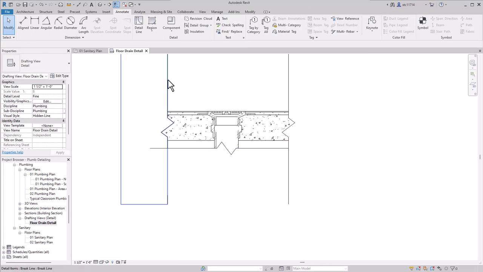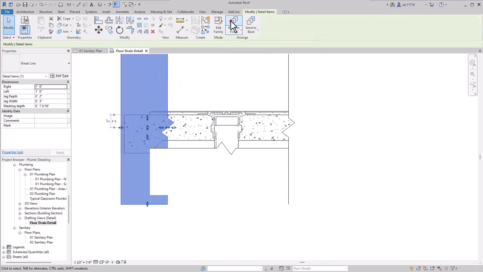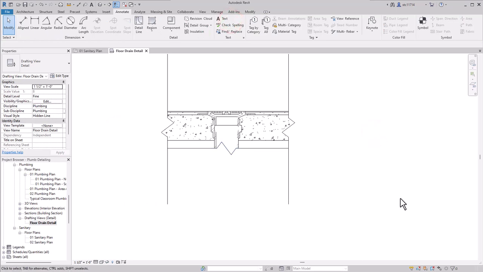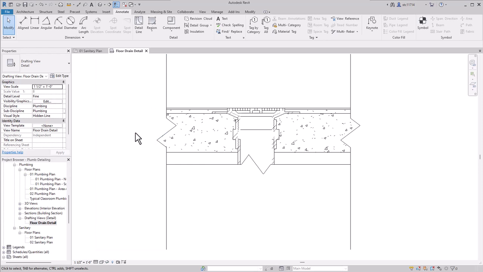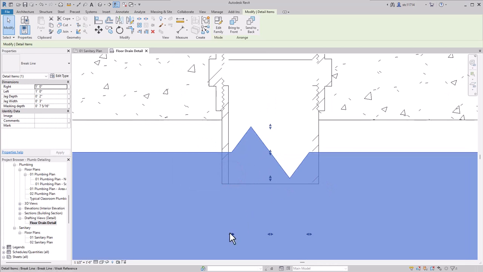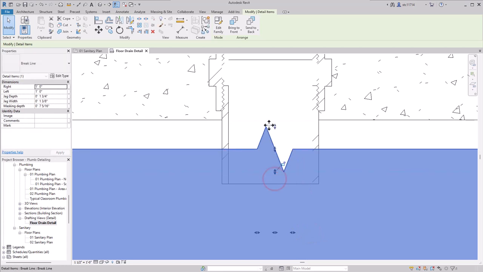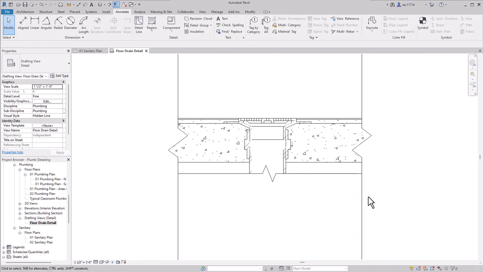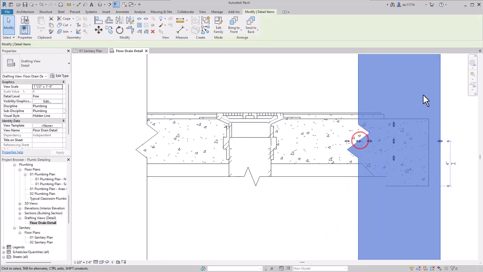So what I want to do is take this break and bring it to the front so that it is in front of this other break. That way it's a little more consistent. Now the textbook exercise doesn't have you do this, but these break symbols are really large for what I'm dealing with here. So you can select these and use all these grips to resize them. So I can drag them in to get some smaller break symbols. Again, not required, but feel free to do that to get a better looking set of break symbols.